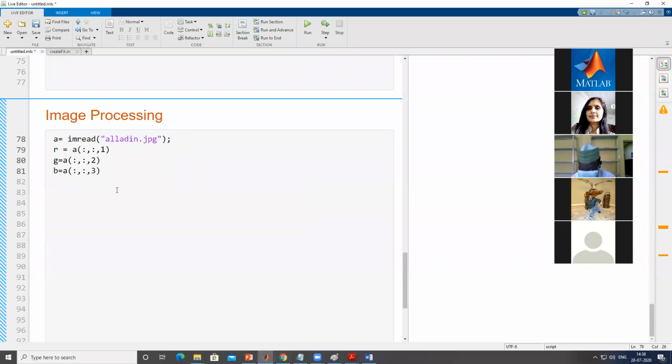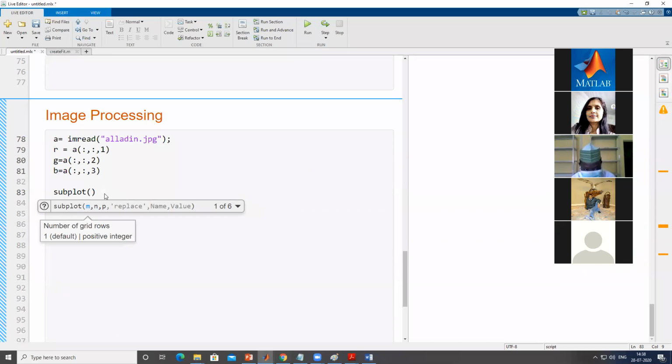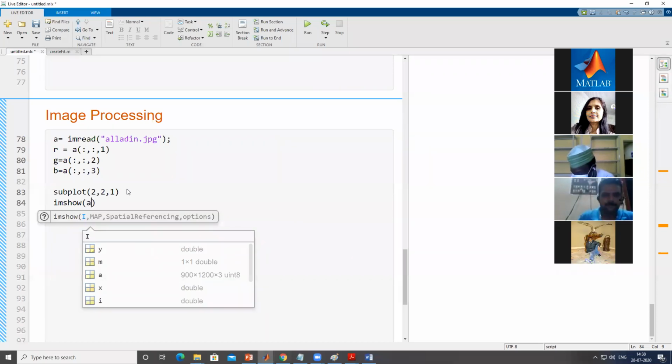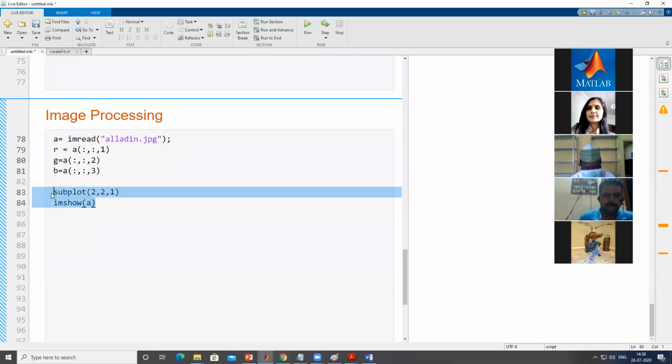Say I want to see the plot also of all these individual layers. So what I will do here, I'll create a subplot so that I can show it in a comparison format. Total I need 4 graphs, one for the original image and the other 3 for the individual layers. So 2 cross 2, and in the first quadrant I want to show the real image. In order to show the output of any matrix in image format, we use the imshow command. Okay, so imshow A, then Control C.